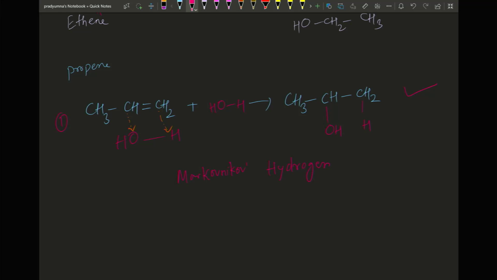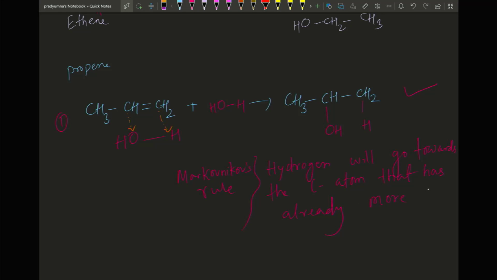Hopefully I pronounced this correctly. Markovnikov's rule. Okay, so hydrogen will go towards the carbon atom that has already